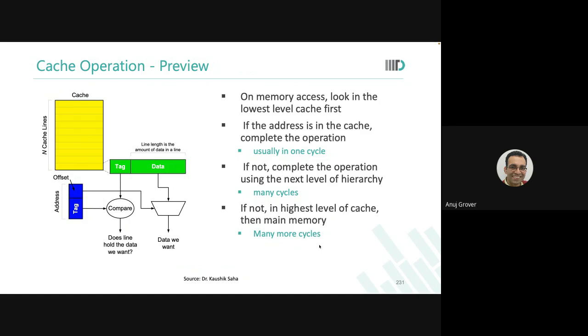And if that is not available, what do I need to do? I need to go to the next level of hierarchy. And now, let's say the next level of hierarchy has 15 bits addresses. Very big, relatively very big, 32 times bigger. Now, you use 15 bits for the addressing and check the remaining 17 bits for the tag. If it matches, okay, L2 hit ho gaya, now just bring the data back to L1. If it doesn't match, you go to the still next level of hierarchy. If there is no other level of hierarchy, you have to go to main memory.